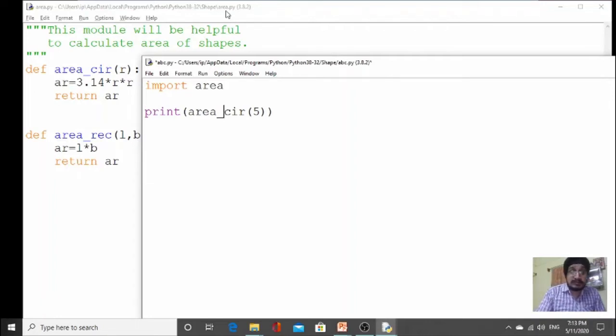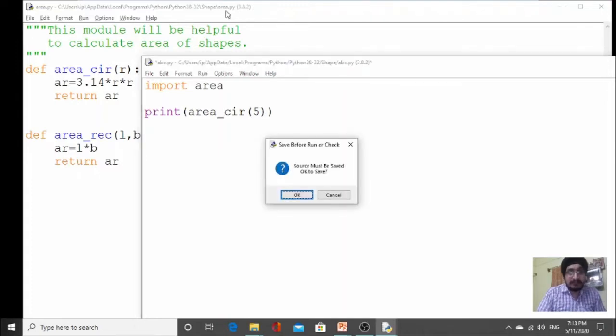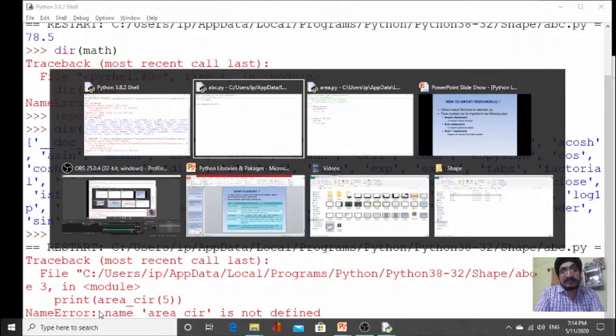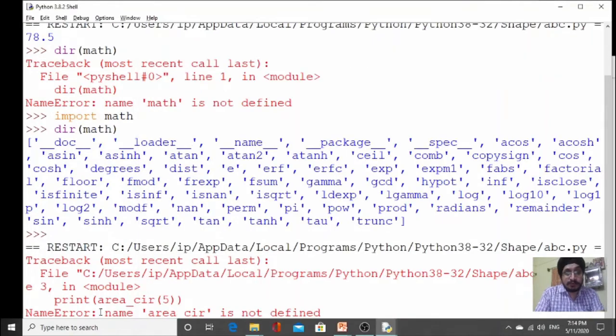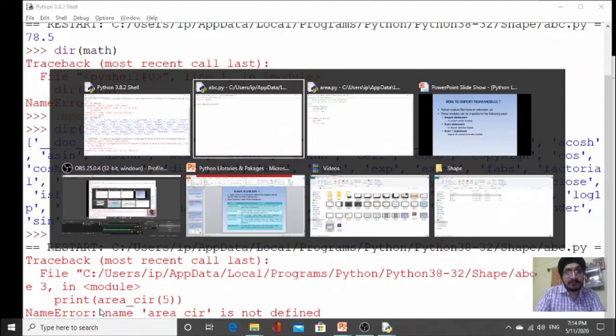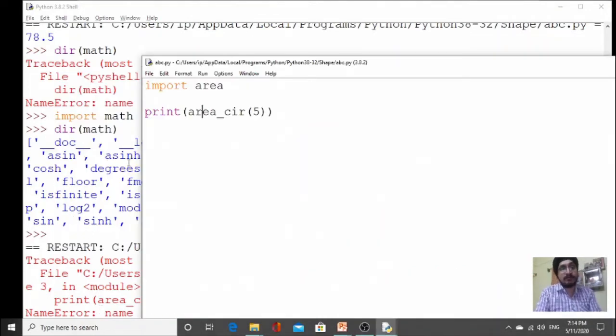But try to run this code. When you run this code, you will get an error message that area circle is not defined. This is a name error. To remove this error, you have to use the name of the module before writing the name of the function.